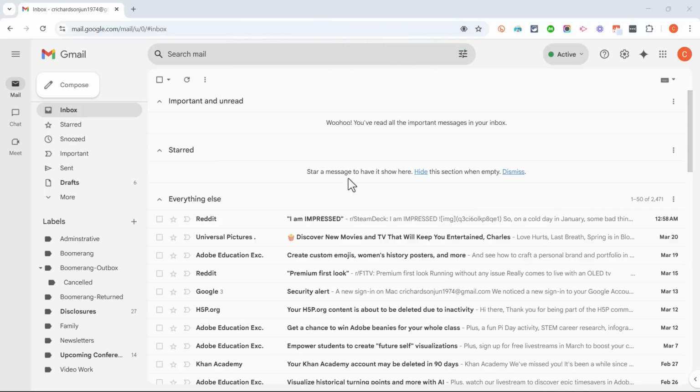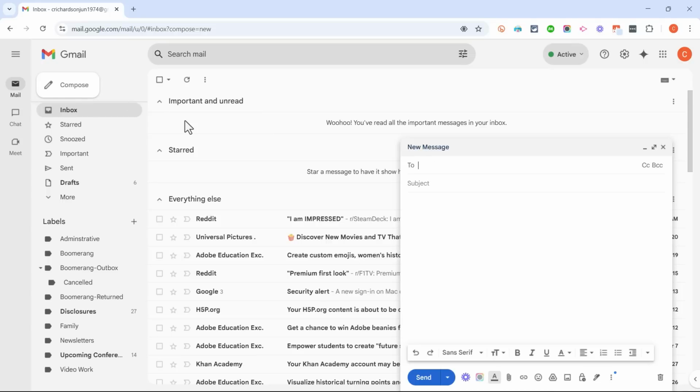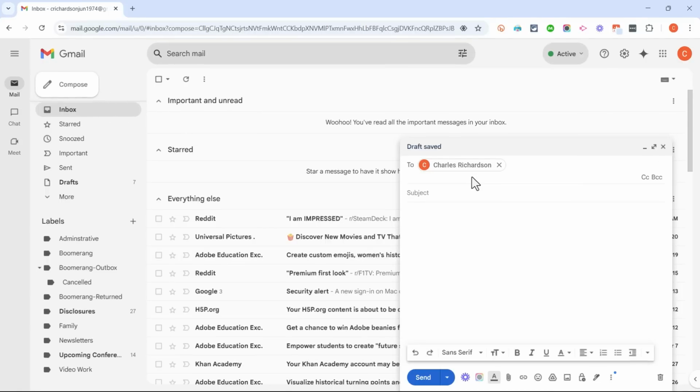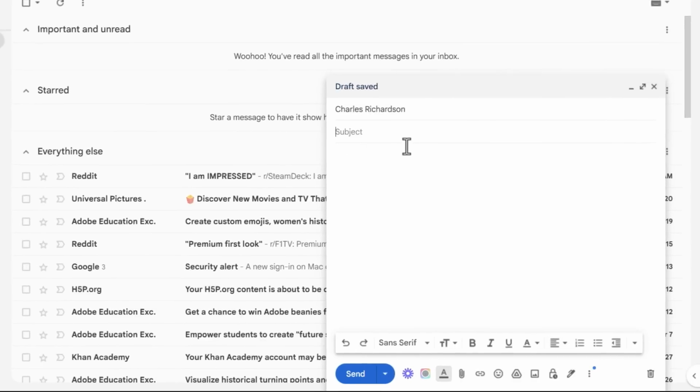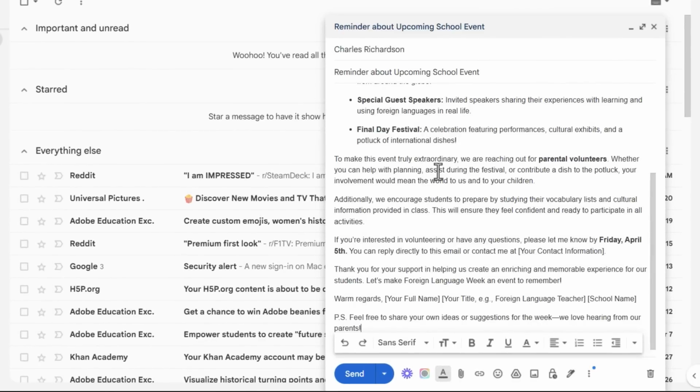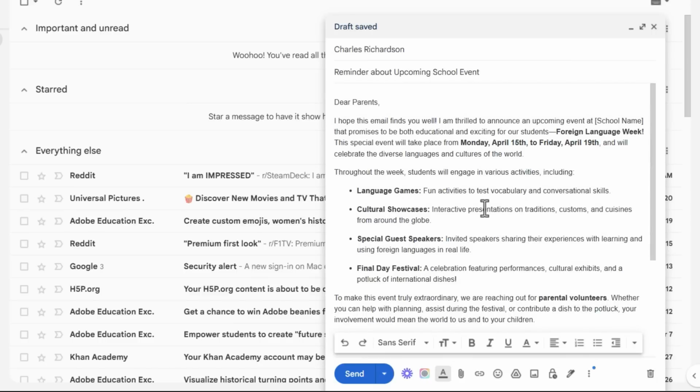Let's get started. So here I am in Gmail, and let's say I'm going to compose an important message. So I click compose, I put in an email address to send the message to, and I put in my subject. I'll type in my message, and I'm ready now to send this email. Except for one thing, maybe I don't want it to actually be sent out until the week before this special event. It's nice that I'm able to do the preparation for this email now, but I don't want it to